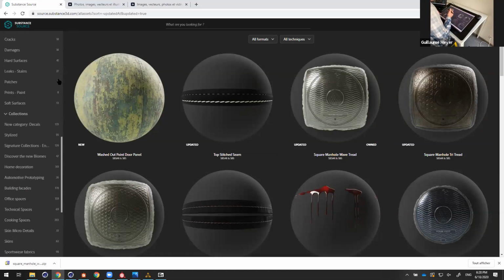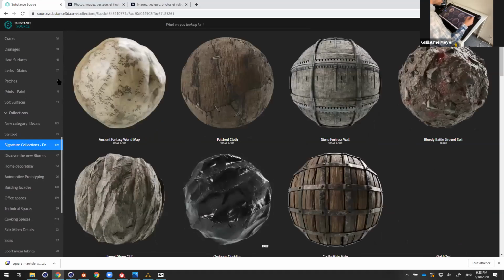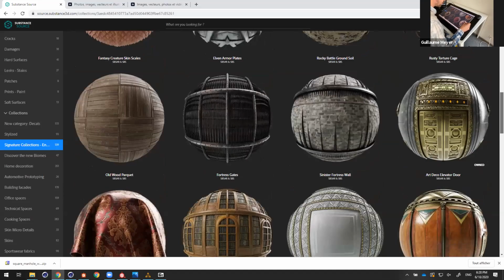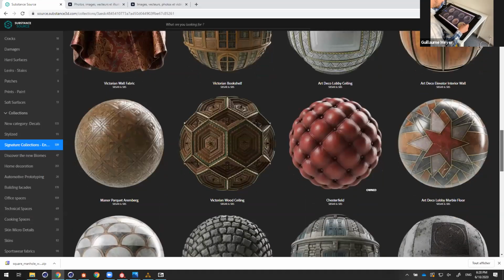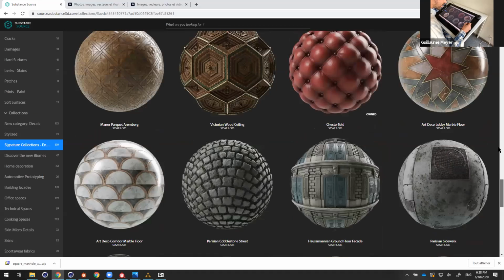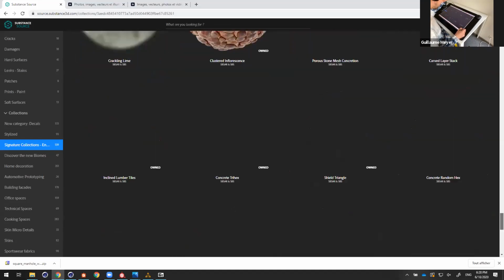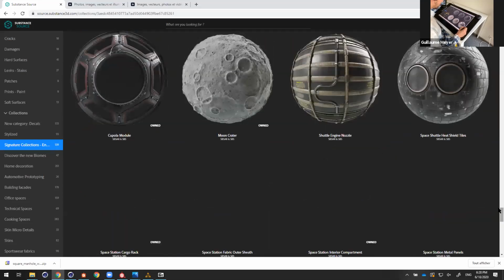So you can even discover how real rock stars of 3D are doing their materials. So I know that Daniel Thiger is a huge one. So we have like a Daniel Thiger drop,